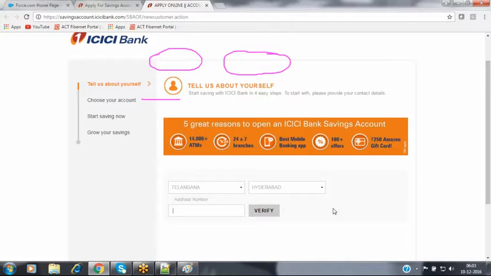Once the lead record has been created, what will happen? You are aware of that. One of the sales people from the ICICI Bank organization will contact you shortly and give the required information. They will come to your place to collect the required documentation and provide a new account to you. Without wasting our time, without visiting that organization, we can show our interest through online also.